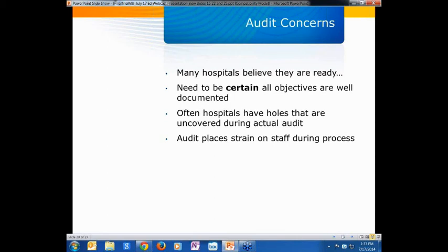So looking at, are there solutions or what can be done to help prepare for an audit? We recommend, and many of our customers have conducted, a mock audit. There are some benefits to having a third party come in and conduct the mock audit. First, a team of